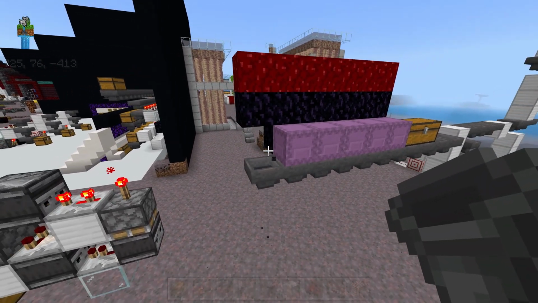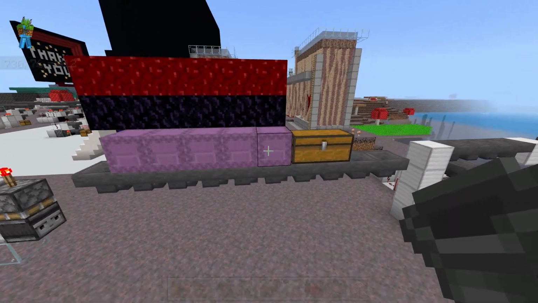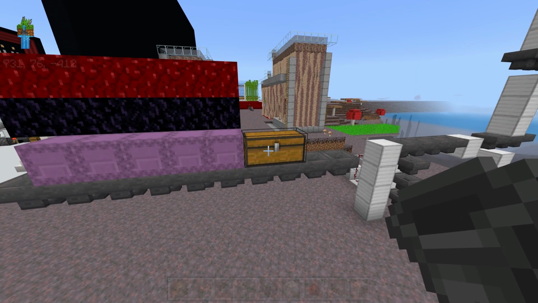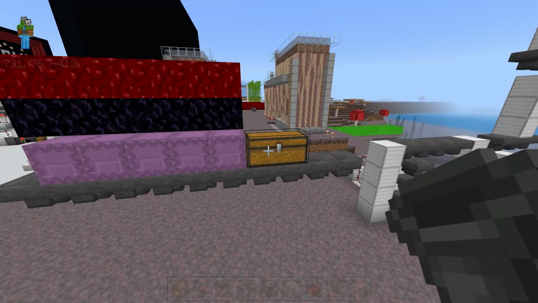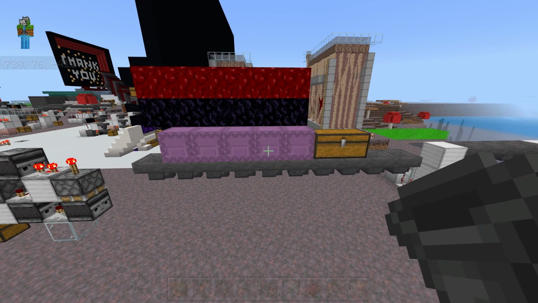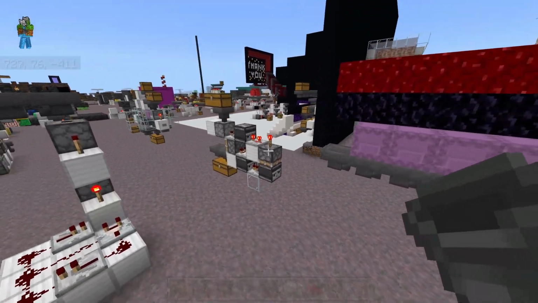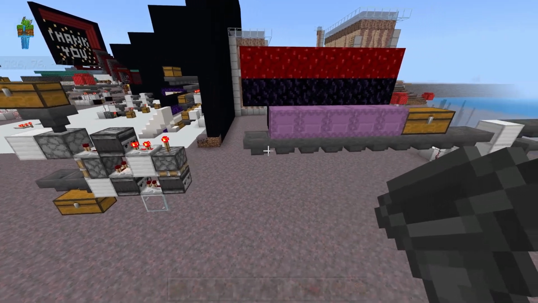But no matter what way you unload your shulkers, this will be at the very beginning of your machine. This is where you put in all of the items that you want to be sorted. And so this is where you should start when building a custom item sorter, is where do you want to put the items that are going to be sorted?